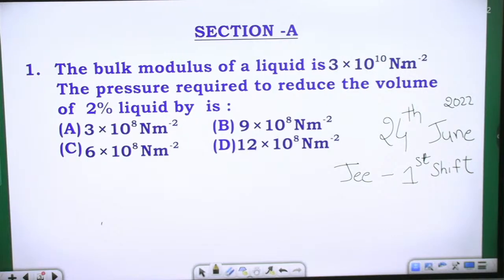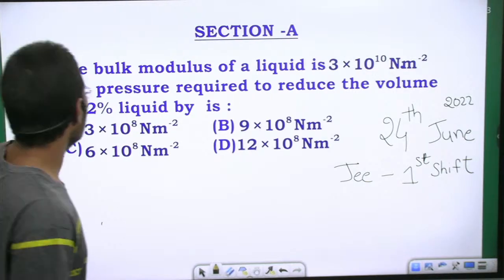So people watching online, do open your books, try to solve them, and please get back to me if you have any difficulty and comment your doubts. Okay? So hi Pratik, hi Abhi, come on. Let's try to open your books, try to solve the problem. So today we are doing 24th June first shift that happened early in the morning from 9 to 12, I guess. So if you go to the question,